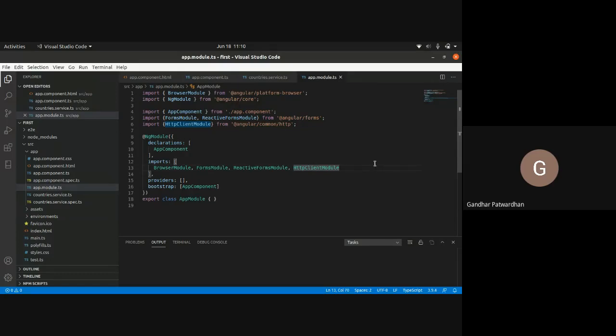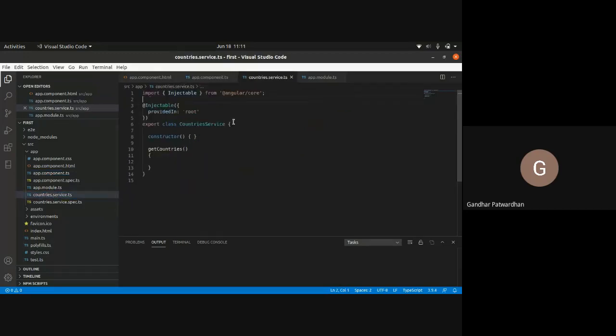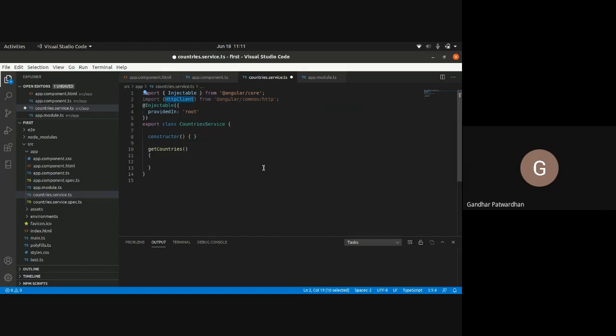Then, after I have imported my module, I will go to the service.ts file, and here I will import HttpClient, again from @angular/common/http.